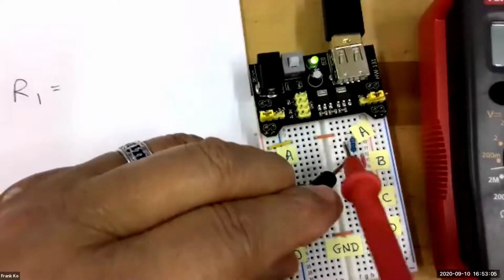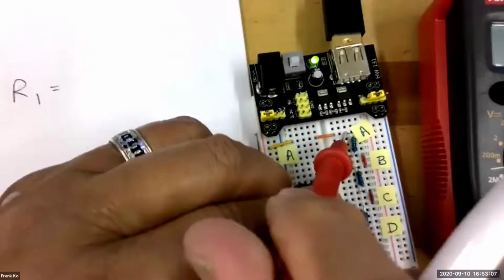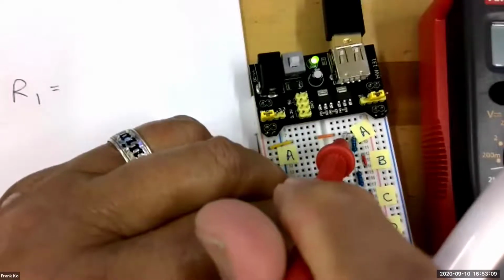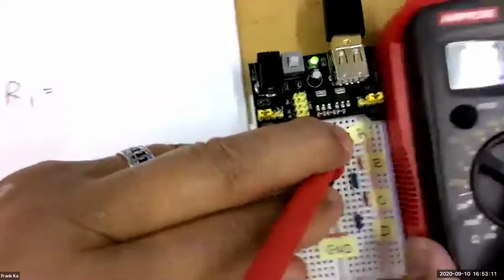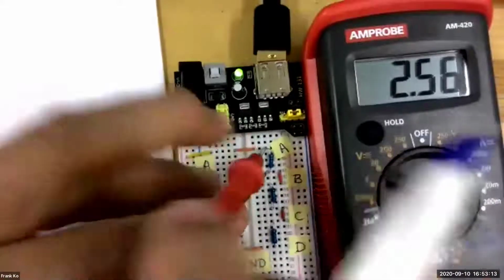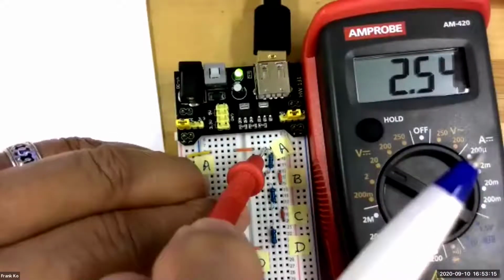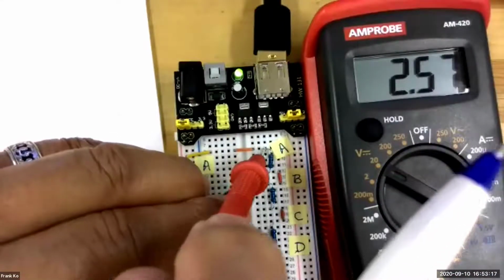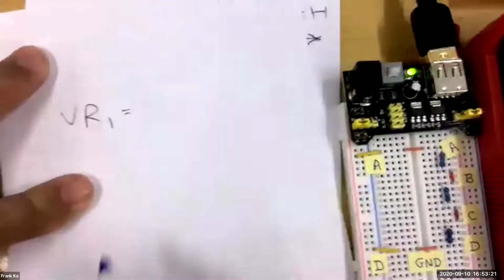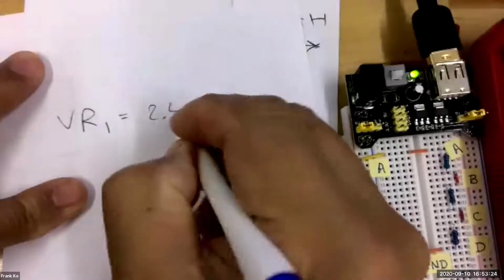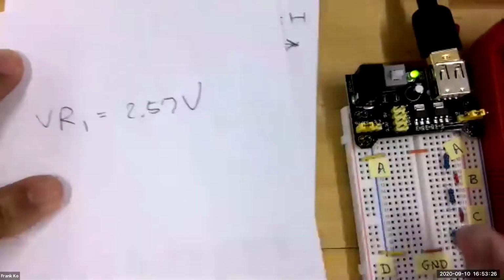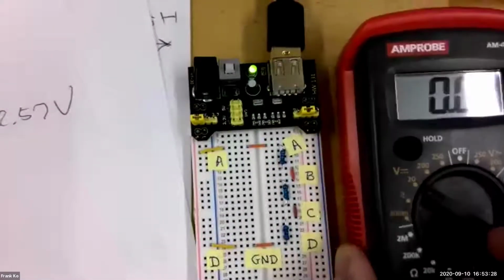So here was what, 2.57, something like that. Okay, seems to be holding. Yeah, 2.57 volts. So I will write that down here. VR1 is 2.57 volts. And then my VR2,